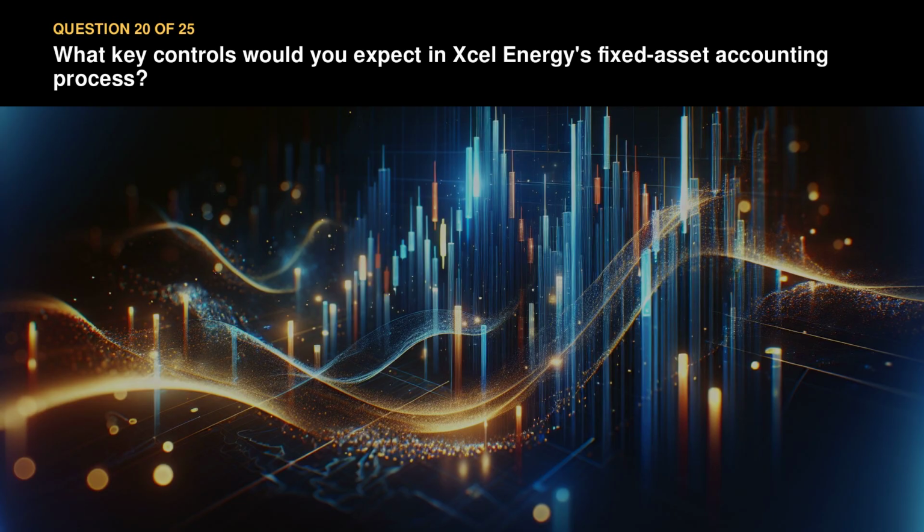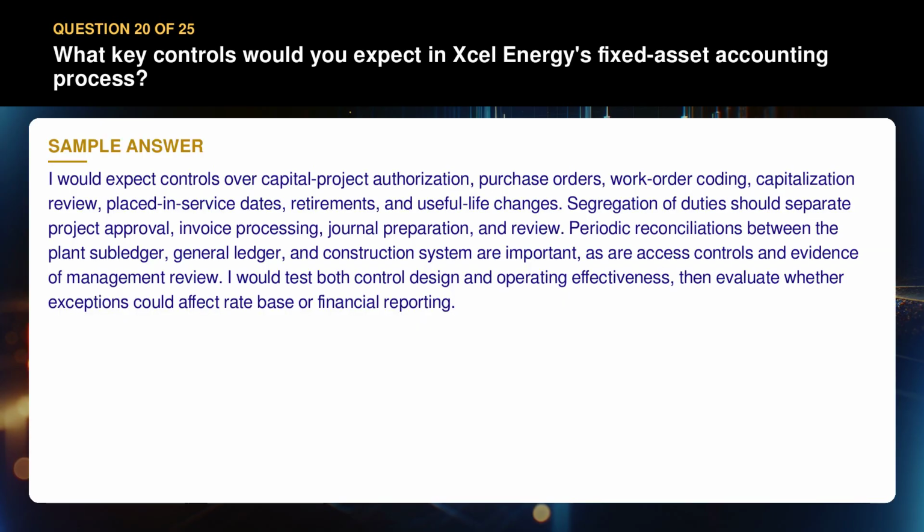Question 20. What key controls would you expect in Xcel Energy's fixed asset accounting process? I would expect controls over capital project authorization, purchase orders, work order coding, capitalization review, placed in service dates, retirements, and useful life changes. Segregation of duties should separate project approval, invoice processing, journal preparation, and review. Periodic reconciliations between the plant subledger, general ledger, and construction system are important, as are access controls and evidence of management review. I would test both control design and operating effectiveness, then evaluate whether exceptions could affect rate base or